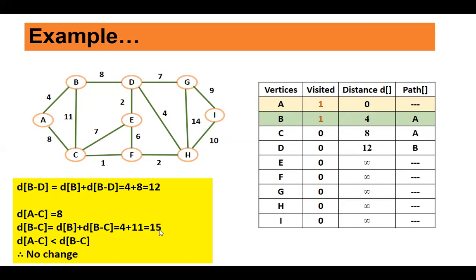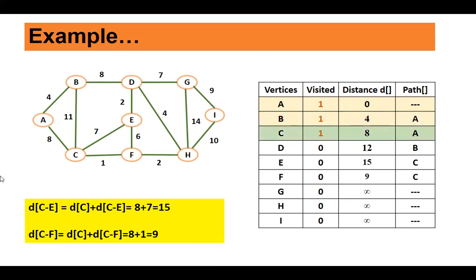But what we are interested in is the shortest path. So we will not adjust the distance there. We will not update the distance there. We'll keep it as it is. So there is no change. So distance of C will remain as it is. We are not making any change here. Fine. Now, the next minimum is C. The next minimum distance to be considered is C, from 8 and 12.